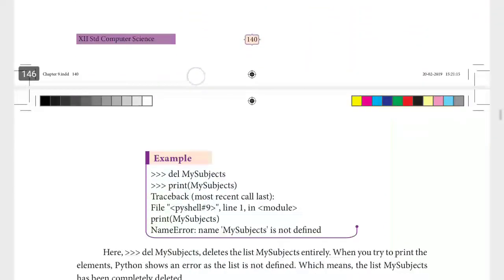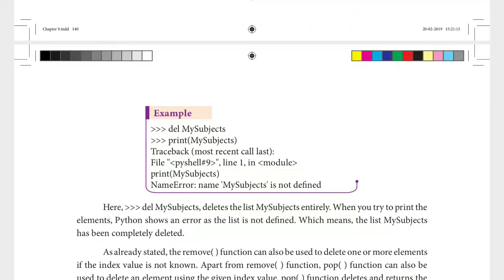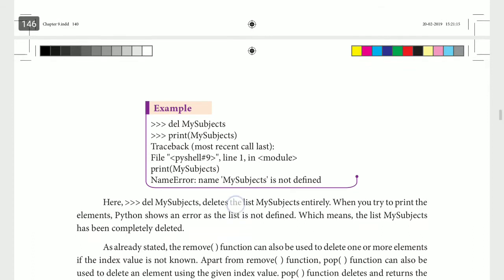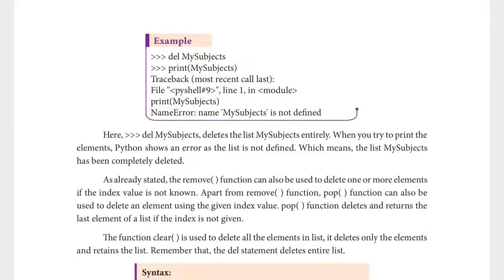So next example, you can see that del my subjects, then print my subjects. Since the entire my subjects is deleted, but in the next statement we are trying to print it, when you try to print it, you can see that it is showing an error.